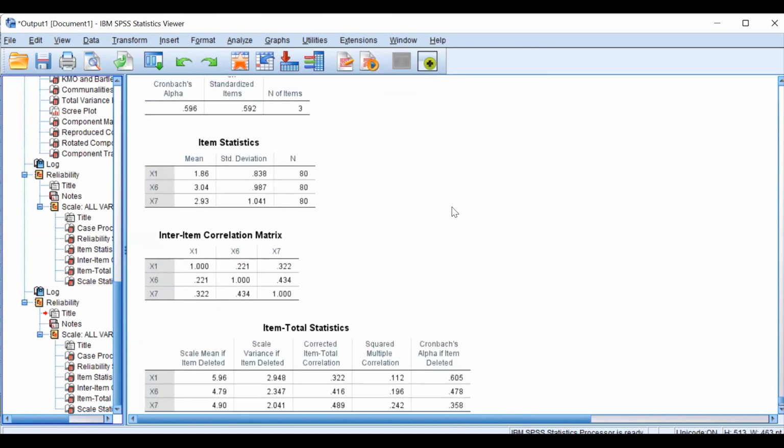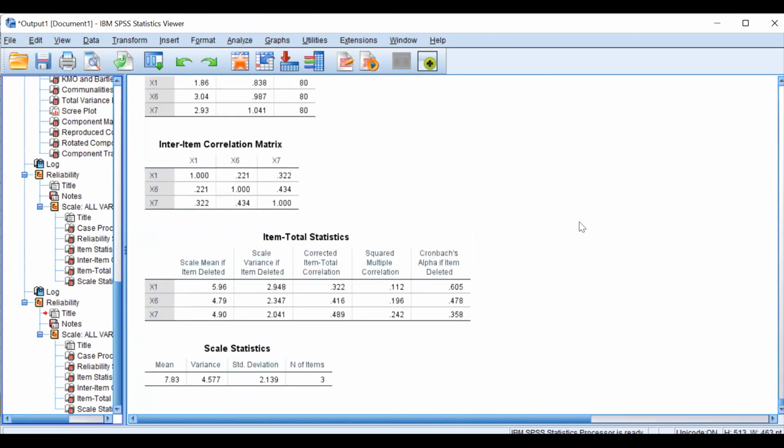Okay, still okay. But look at this Cronbach's alpha if item deleted for x1. This is having a value more than that. That means what we are saying, if you are removing the variable x1, your Cronbach's alpha value for this factor goes up to 2.605. So if that is the criteria, you need to remove that variable. If this happens, rerun the analysis again and repeat the procedure. That's how you do the factor analysis, the reliability check, which is using